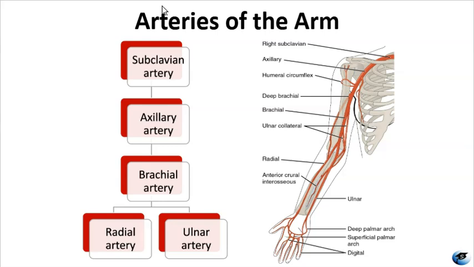Look for smaller branches like the humeral circumflex and deep brachial arteries, which supply specific muscles around the humerus. The inferior mesenteric artery is located lower on the abdominal aorta and runs toward the left side of the abdomen. And recognizing these major branches and their target organs will help you understand how blood flow supports the function in